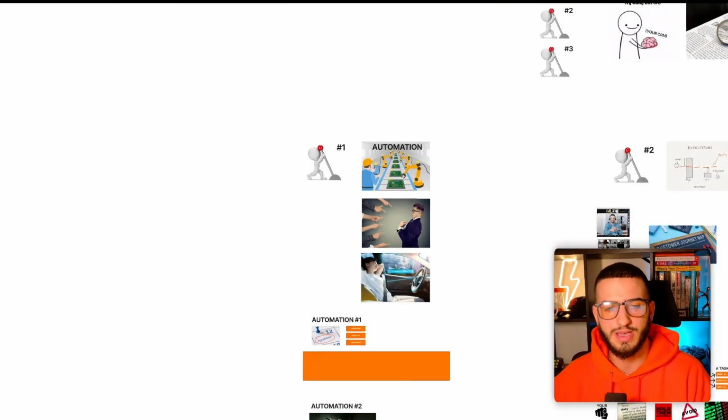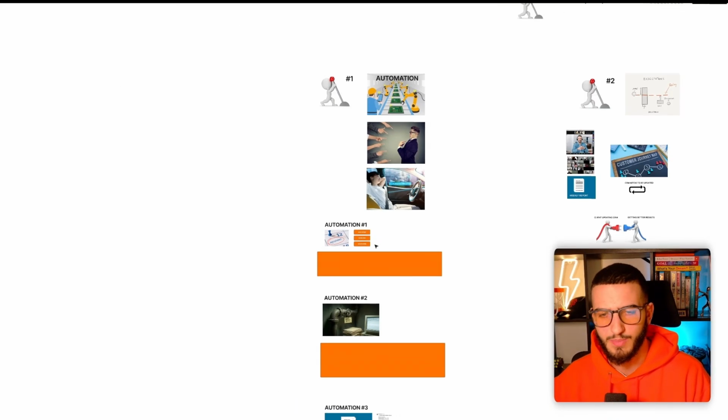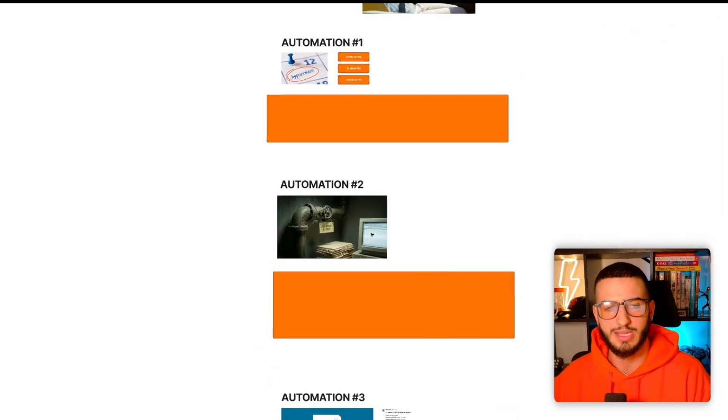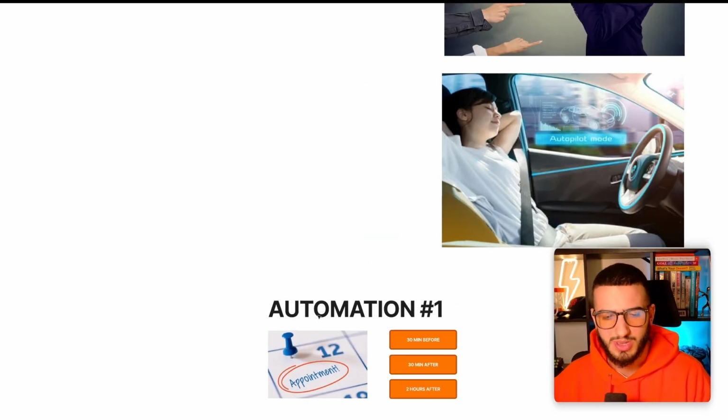What we're going to be going over is 4 different types of automations that you can implement in your agency to actually get your clients to automatically update their CRM. The whole idea of this is that we're implementing these systems to hold your clients accountable to actually update the CRM so you can track how much money they're making from the leads you're bringing them. The first automation is the most simple automation that you need to set up in your